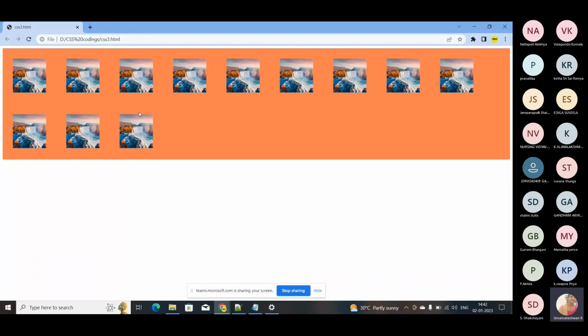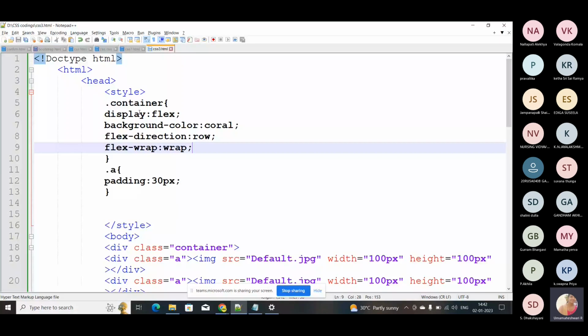What they will ask is, how can you display things in two dimensions? For example, rows and columns. We can achieve this using flex wrap. Okay, so using flex wrap, we can achieve this concept. And next, if you give no wrap,